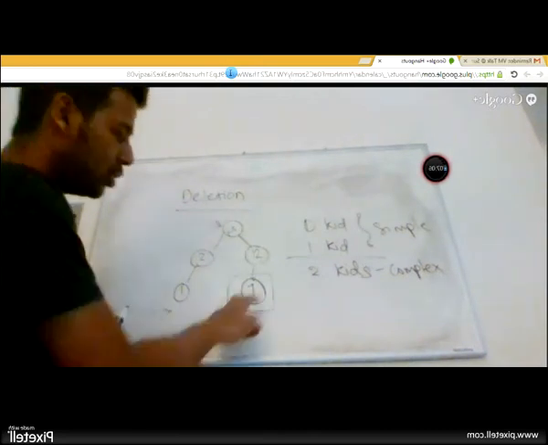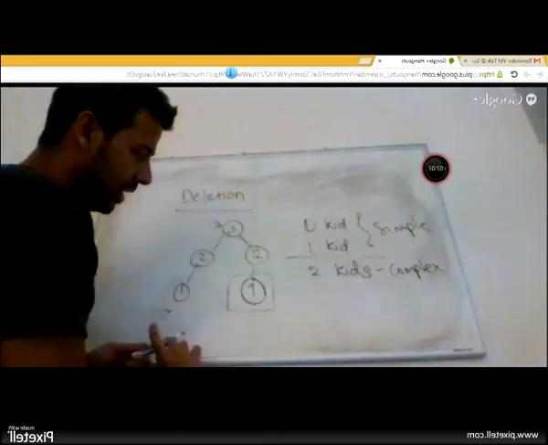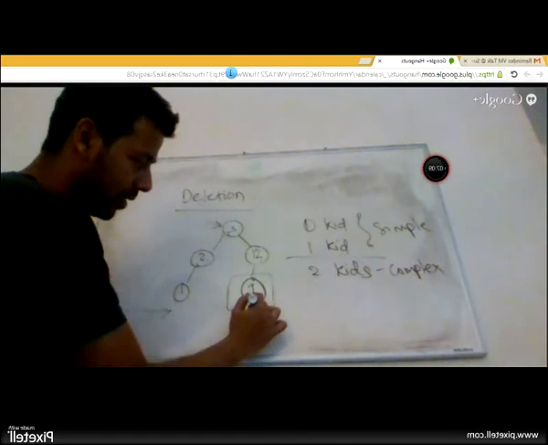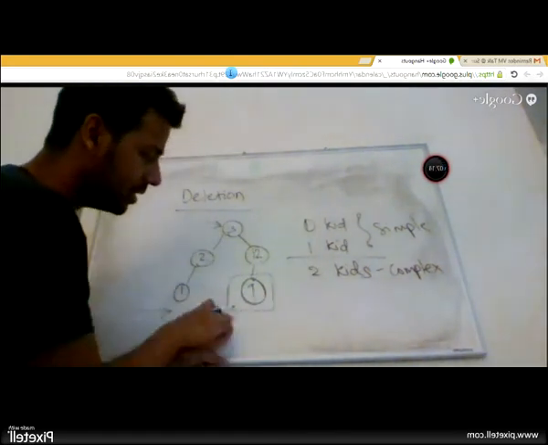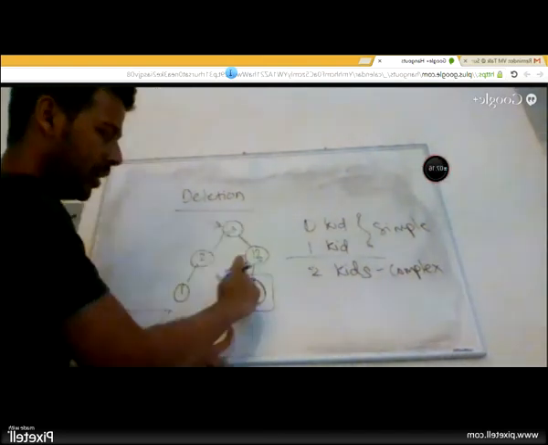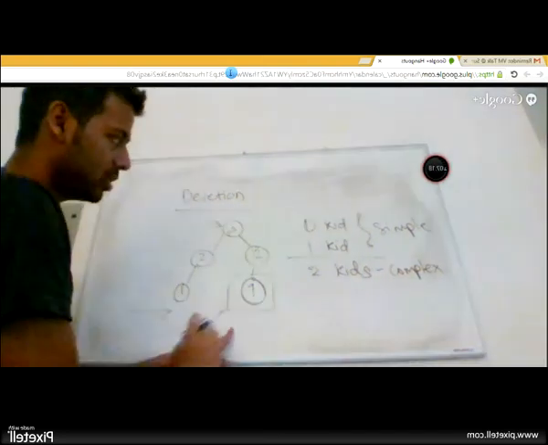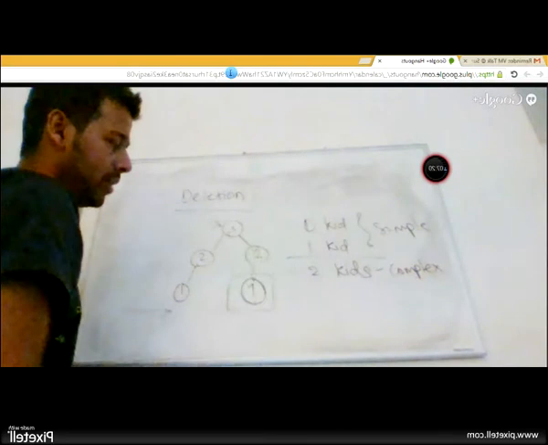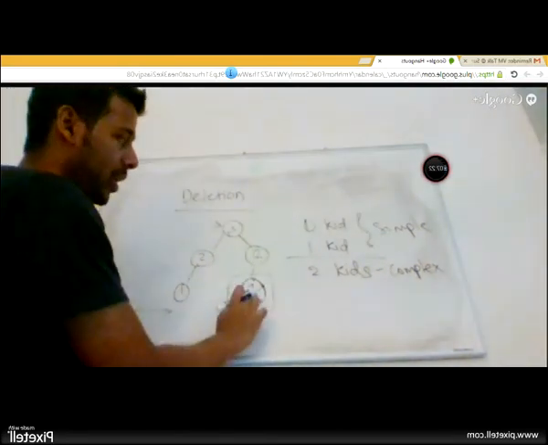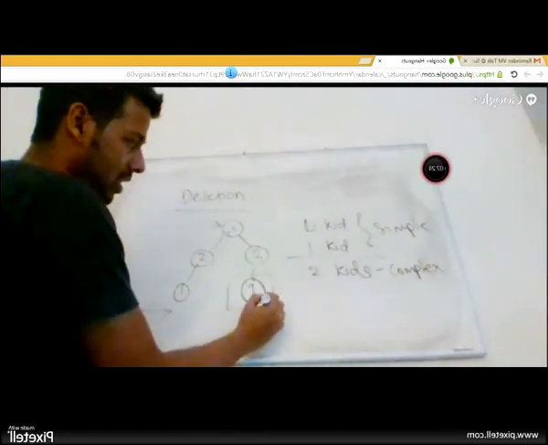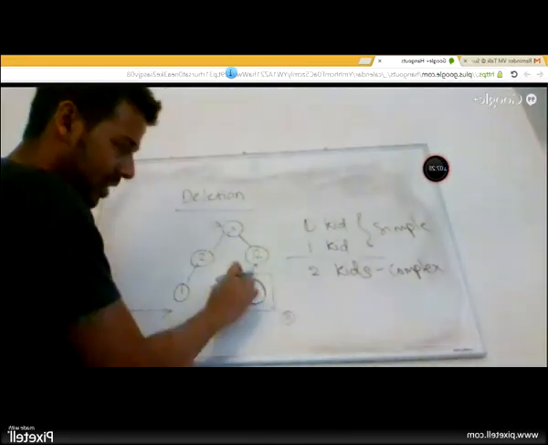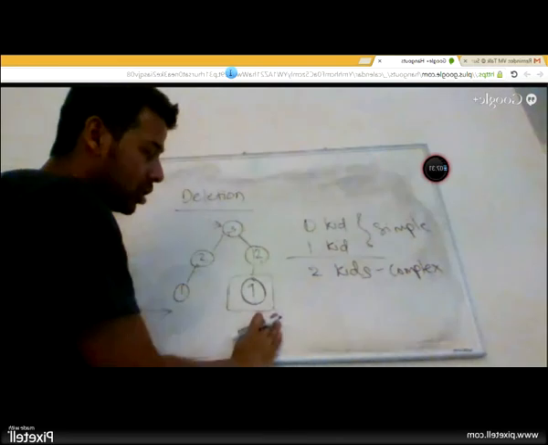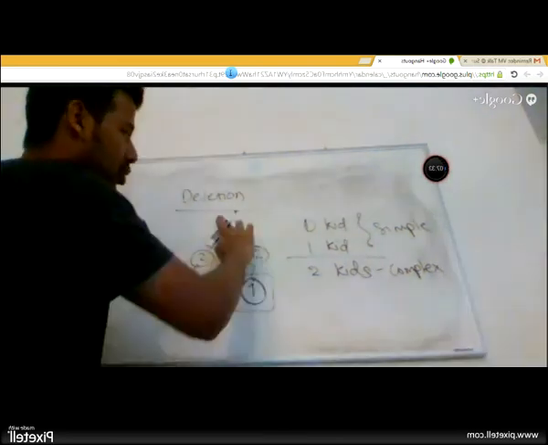Why? If it is not a leaf, if it had two kids, right? Let's say this had two kids. Then if it had another kid here, a left kid, then that would become the in-order successor, not this node itself. So it is impossible for this guy to have two kids. It can either be a leaf or it can have at most one kid. Right? For example, let's say 10 was present. 10 would be here. But 9 is still the in-order successor. But it is impossible for this guy to have two kids.